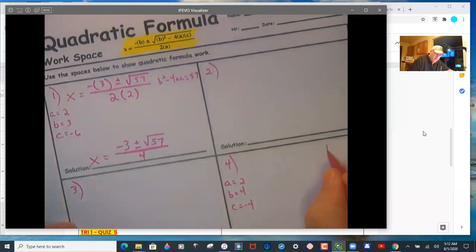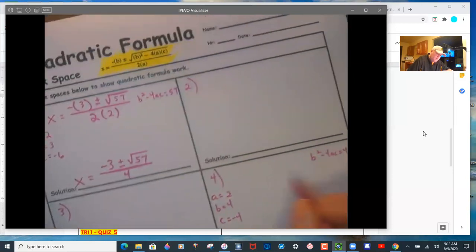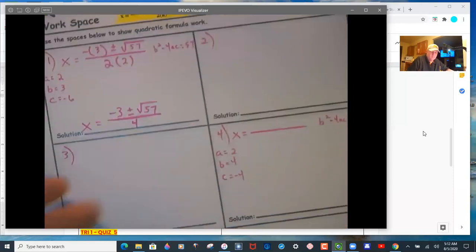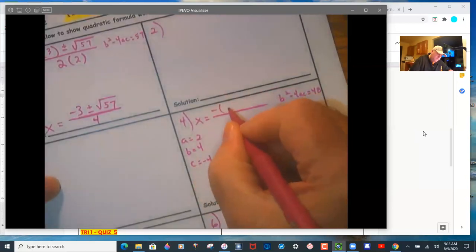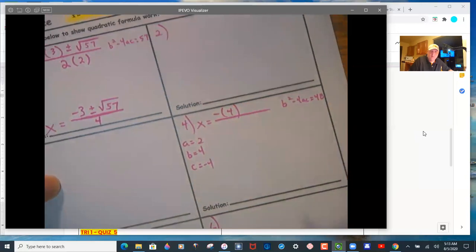And then we get our b squared minus 4ac to be 48. So anytime we calculate this number here that goes under the square root, and it's not a perfect square, a number that we can take the square root of nicely, there's no factoring. It's prime. Or if it's negative, there's no factoring. That has to be something we can take the square root of easily, where we get a nice whole number